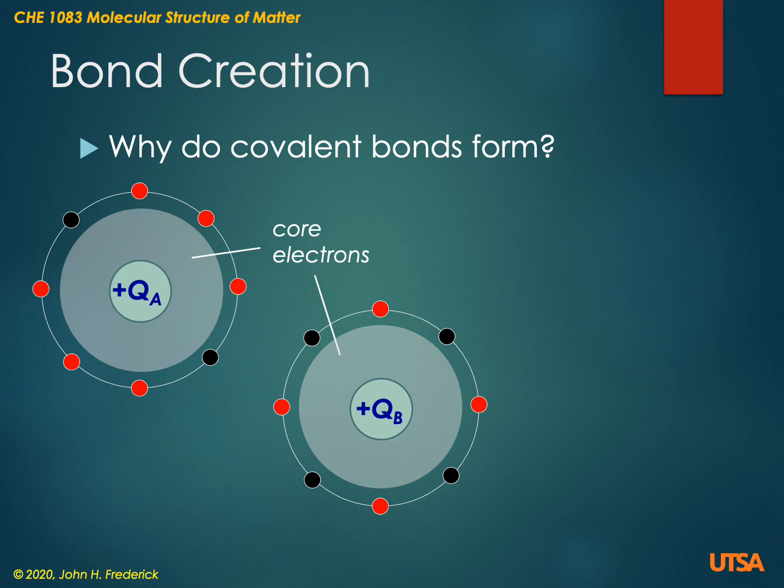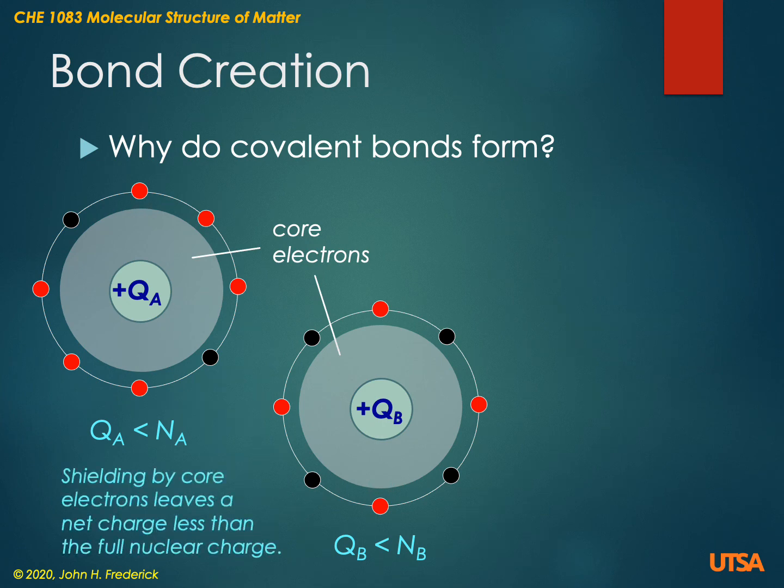So they are partially shielding these nuclei, which means that the positive charge isn't going to be the full amount. It's going to be less than the amount that would normally be on that bare nucleus. But it's nevertheless still a positive charge that is felt by electrons outside the atom. Now, as these things move together, this shielding by the core electrons is going to mitigate that positive charge, but it's not going to eliminate it altogether. So the electrons on one atom are still going to feel a little bit of that positive attraction toward the